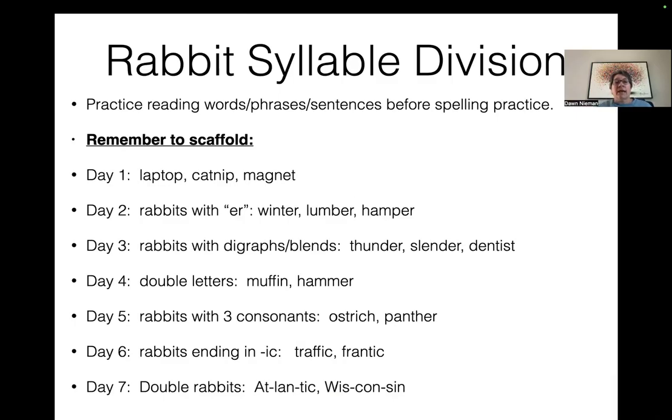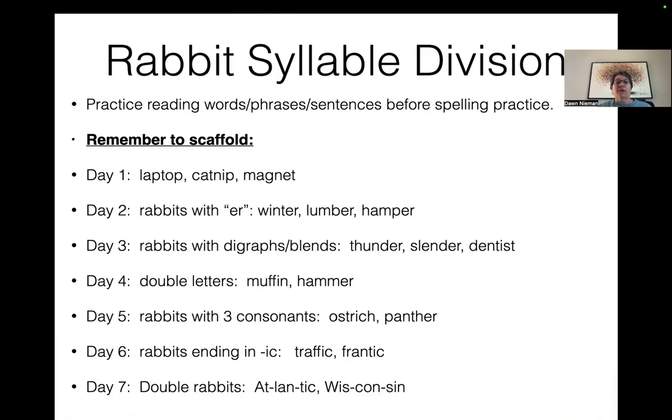When you're thinking about scaffolding for your students, day one, you're going to try to keep it really pure. Look at lap, top, cat, nip. All right, those are just two consonants, two vowels. Both of them are closed syllables. Look at the next day, you might do something like, you did such a great job with rabbit words yesterday. Today I'm going to teach you ER says at the end of rabbit words. And you will open up a lot of words for them to be able to read and spell, like winter